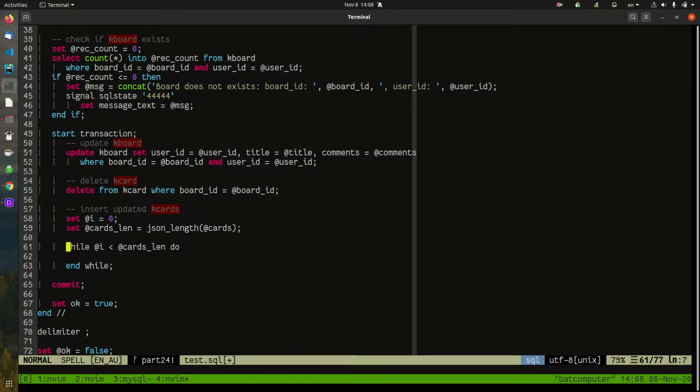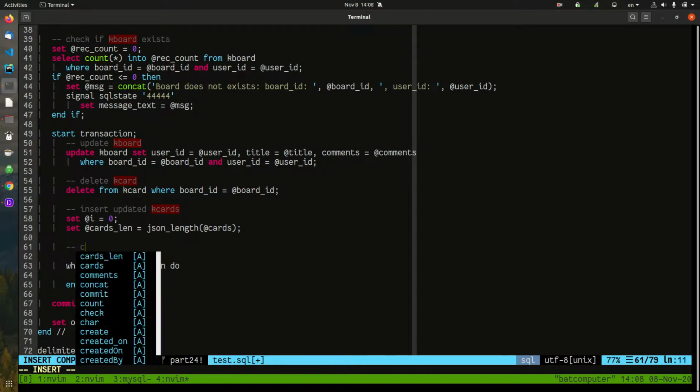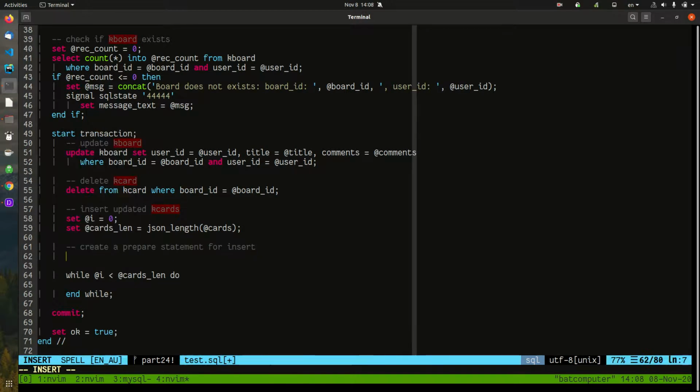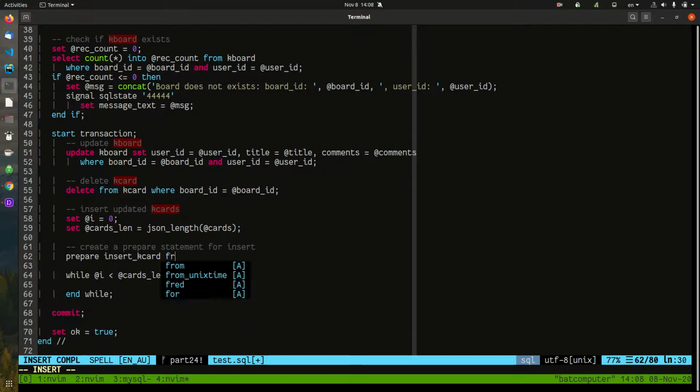So we'll perform the insert in here. Since there are many inserts, we're going to use a prepare statement. So we'll say prepare, and we'll call this insert kcut, from